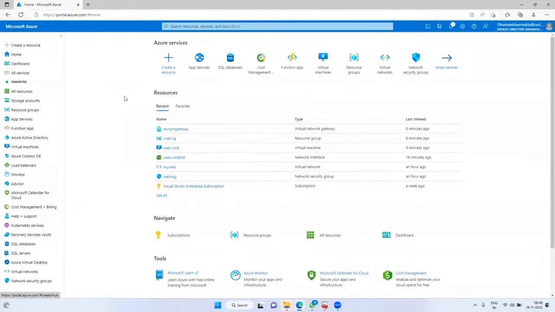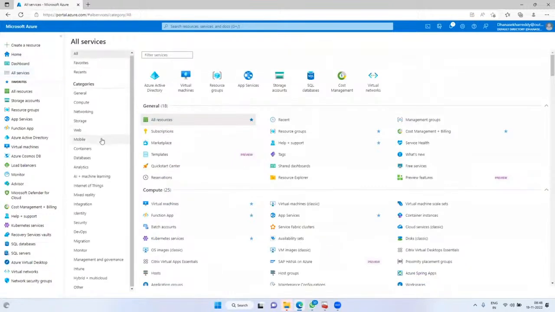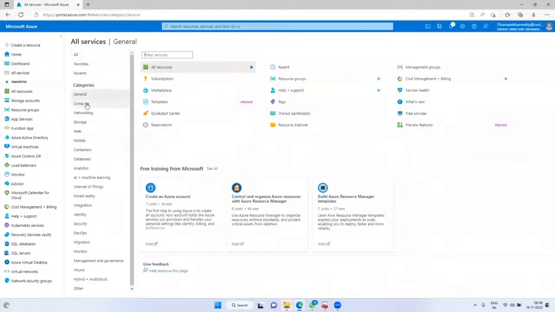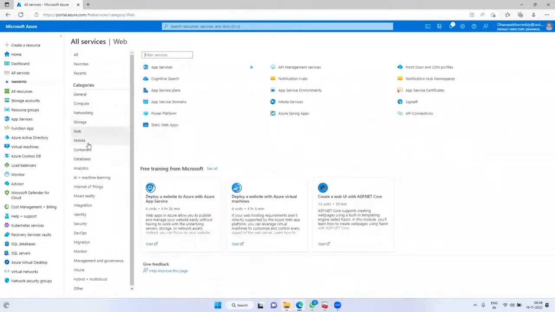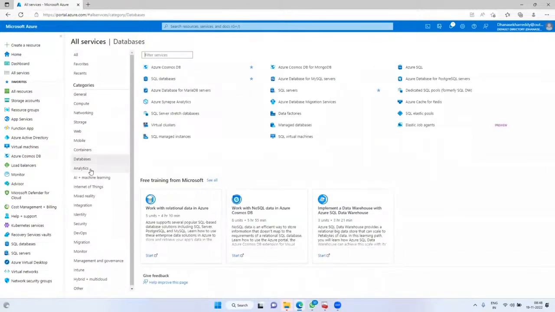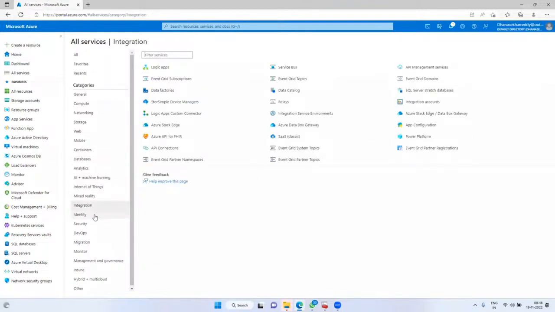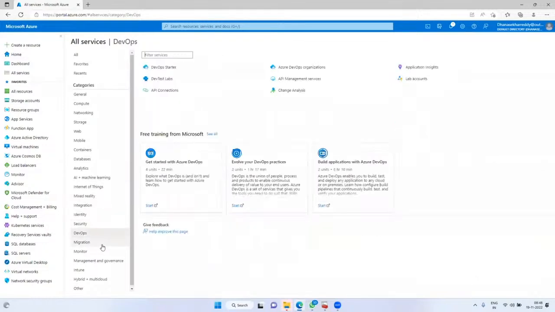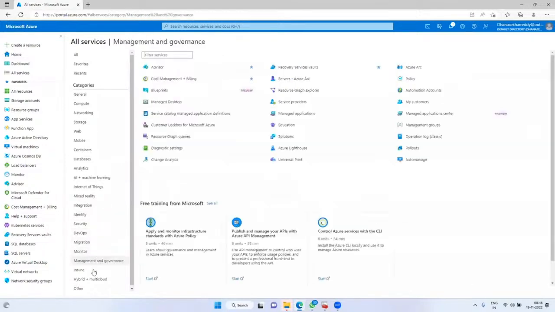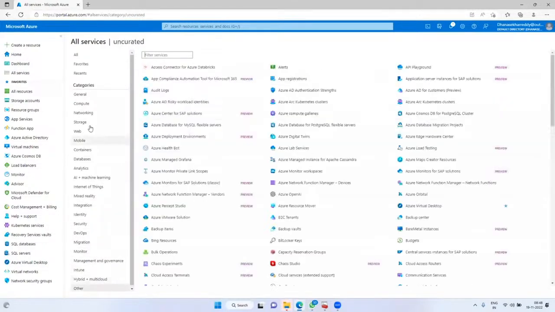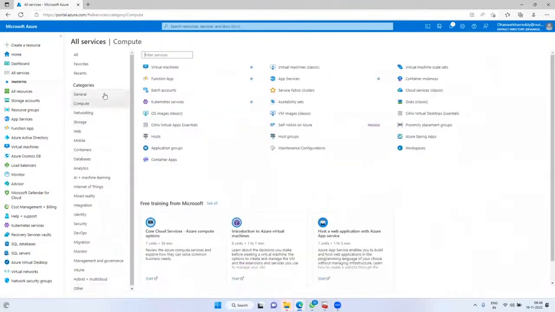To use any of these, go to all services. Here we have different categories: general, compute, networking, storage, web, mobile, container, databases, analytics, Internet of Things, mixed reality, integration, security, DevOps, migration, monitor, Intune, hybrid, others. Many things are there. Got it?